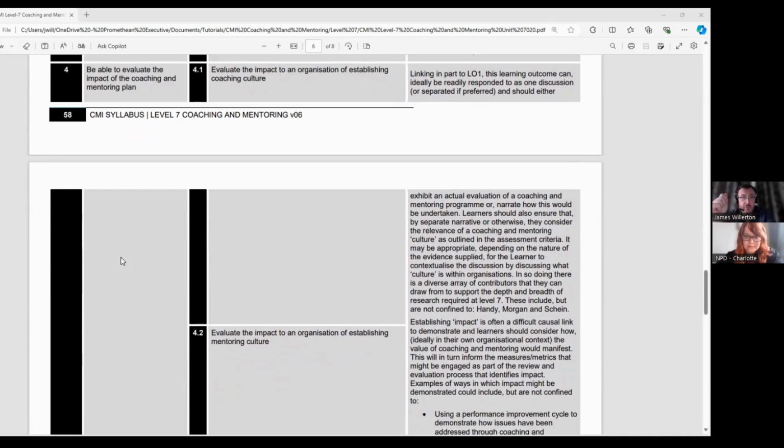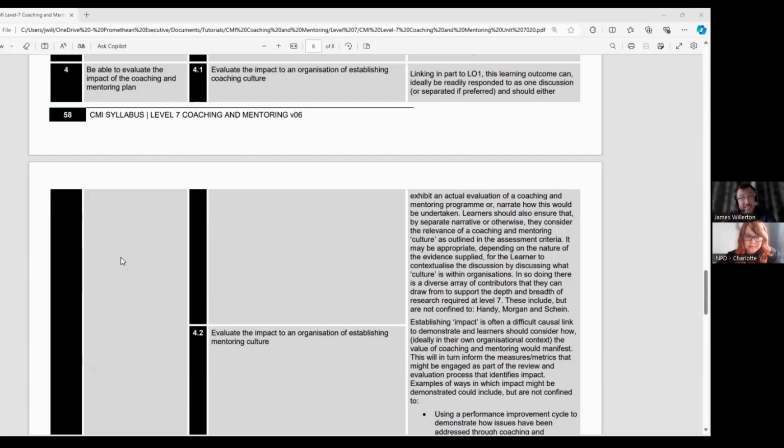So impacts could be positive, maybe negative. We're proponents for coaching and mentoring here, but there could be some dark sides, some bad sides, or some advisories around this. Or there could be some assumptions we might make, or some logic that we need to follow if we're going to evaluate that impact effectively, right? So again, the key command verb here is evaluate.